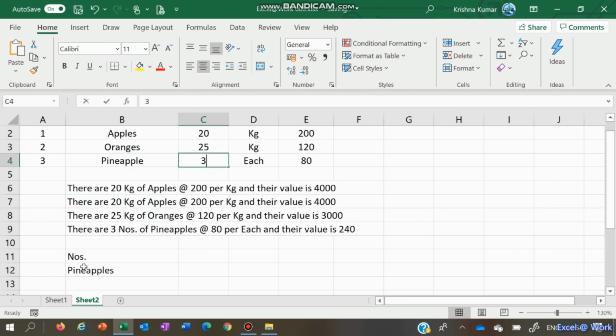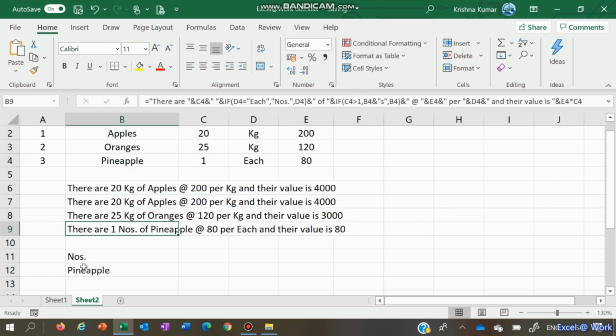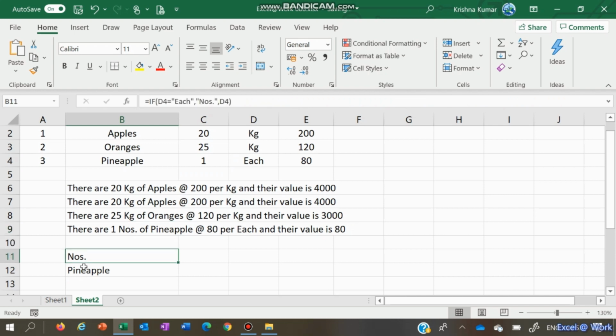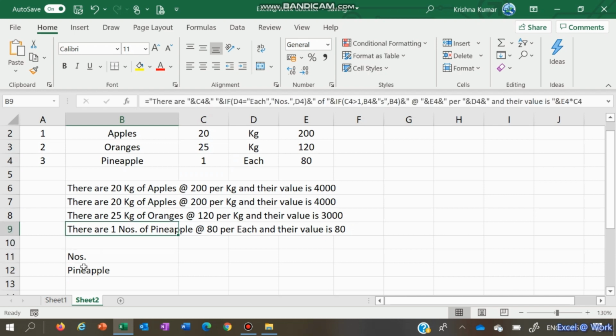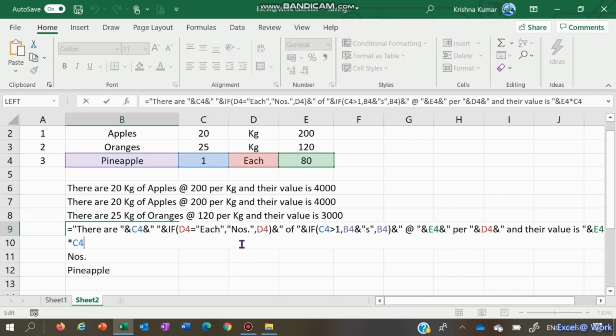Great. Now if it is 1, there is 1 numbers of pineapple at 80 per each. So here again we need to make this one numbers as one number. This one numbers is already a formula wherein it depends on the value in D4.